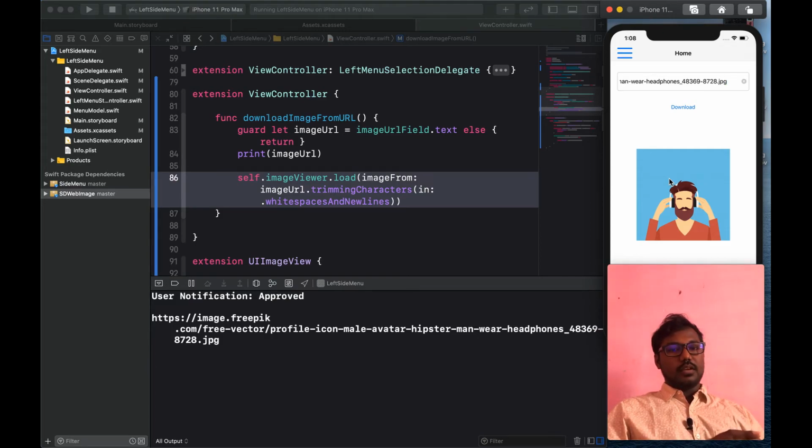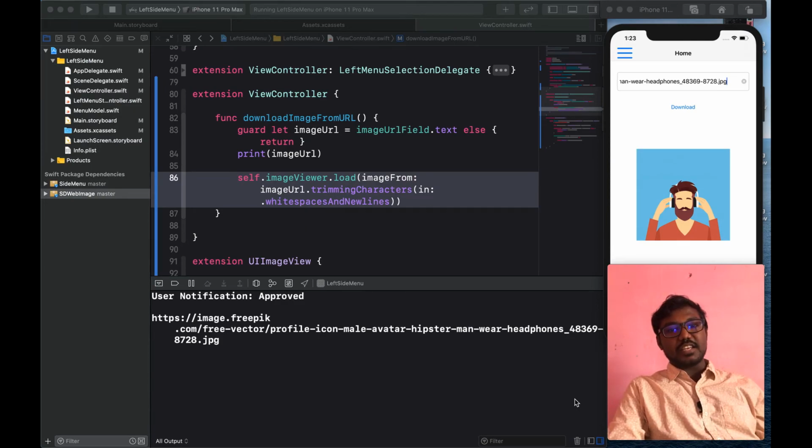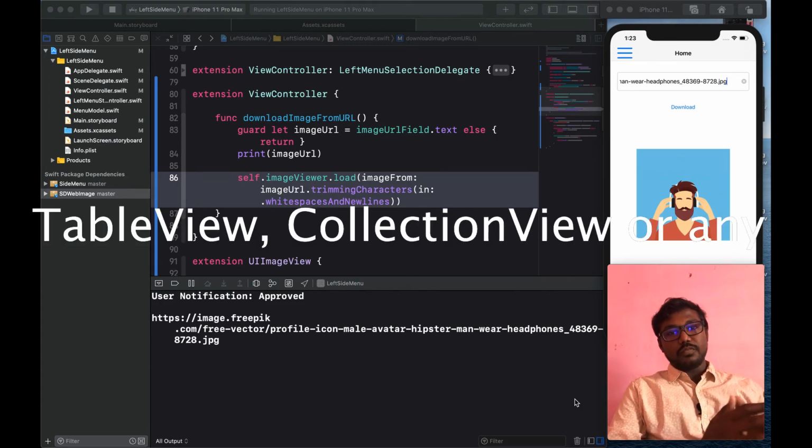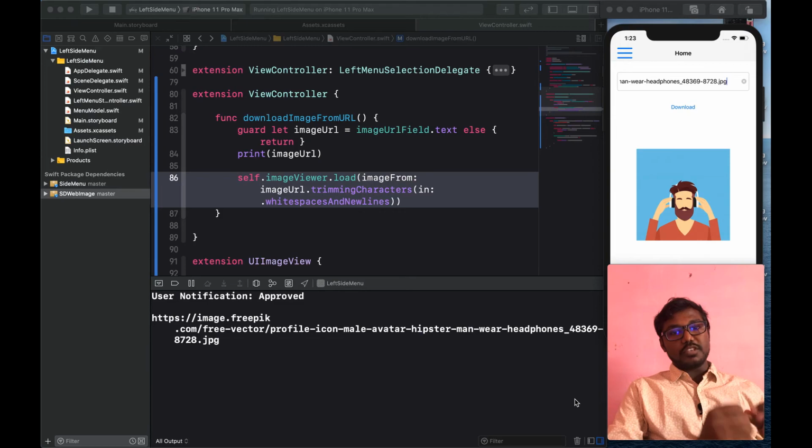So we can use SDWebImage inside the application, download the image once and use it whenever we need. This is image caching. A use case is when we preview many images in a table view or collection view: we can download the image for each row or item from the image URL and preview it in each cell.